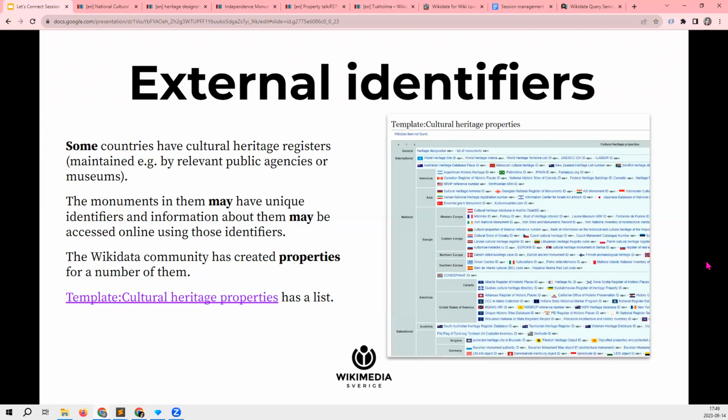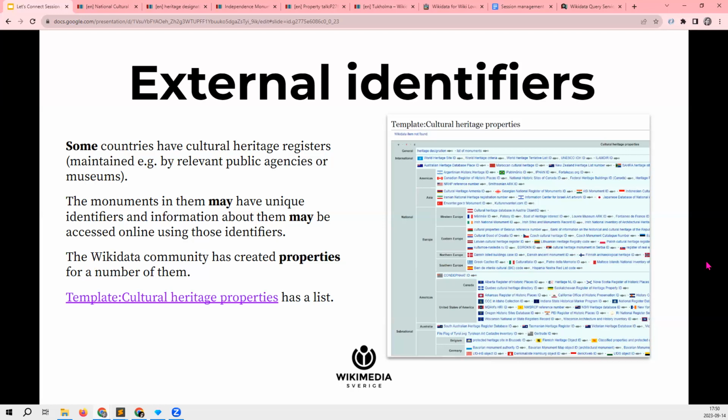For example, a country might assign a unique identifier or ID number to every monument in their cultural heritage register. And then you can use that ID number to look at that monument on your country's cultural heritage